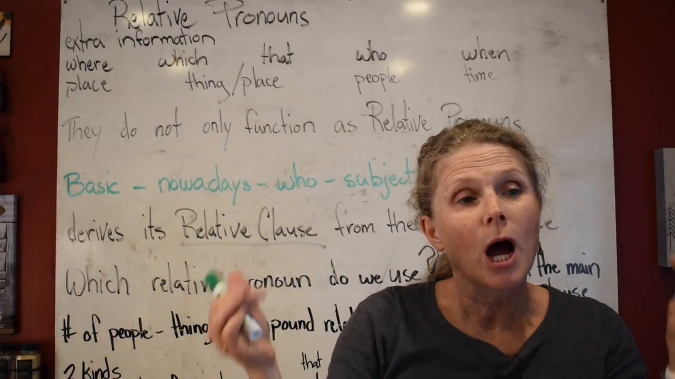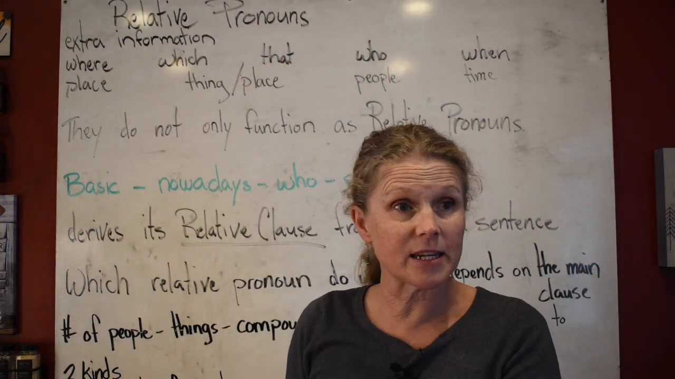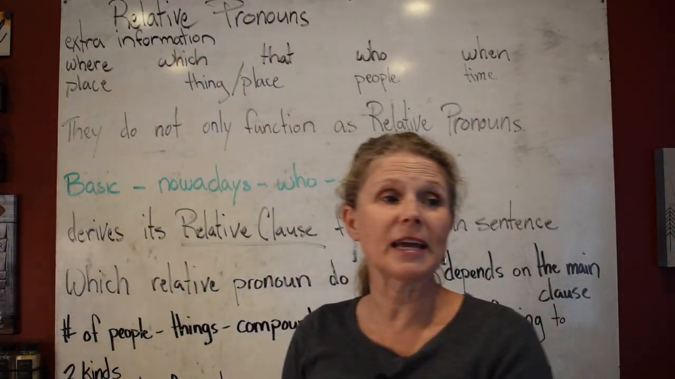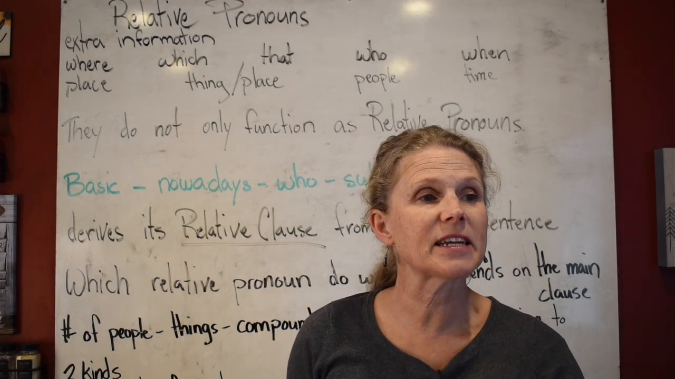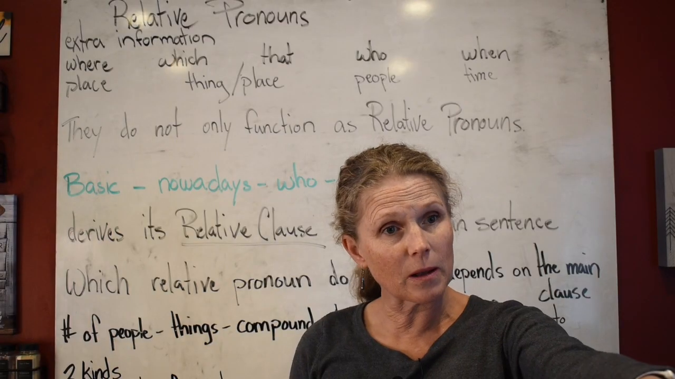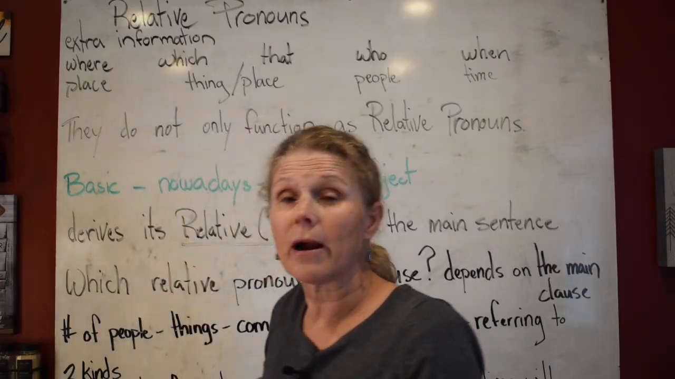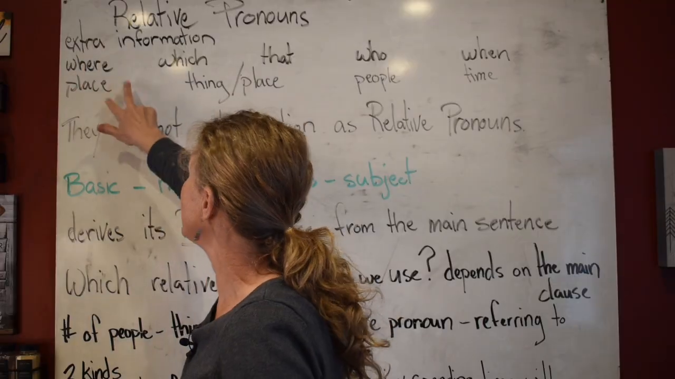Now remember, relative pronouns have antecedents. What is an antecedent? Pronouns replace nouns. The noun that it's replacing is the antecedent. If you're using where and you can tell it's a pronoun, it's replacing the place,